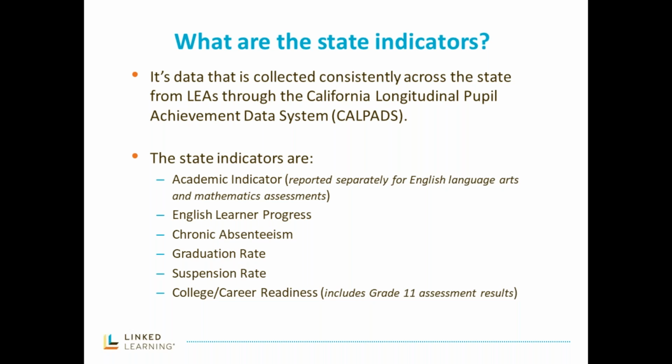So talking about state indicators, every LEA must follow the same LCAP framework, which is largely built around a mix of state and local indicators. Focusing here on the state indicators, we are looking at uniform standards used to measure all schools and districts across the state. So the state publishes the results of these indicators online at the California School Dashboard.